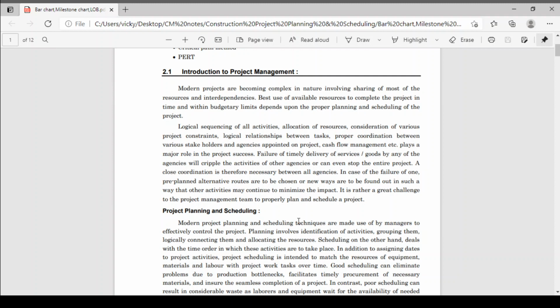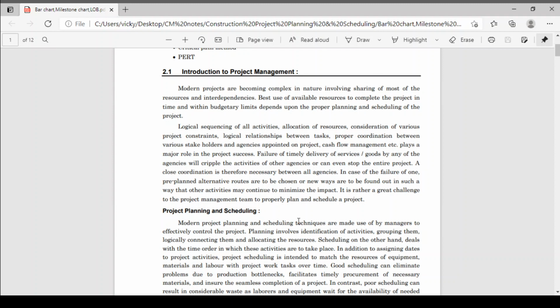Suppose the budget of your project is 1 crore, then you have to complete your project within that 1 crore. Don't spend extra money on that. So these are your key points. We have to focus on these key points, and success comes when you have proper planning and scheduling of your project. This is nothing but your project management.